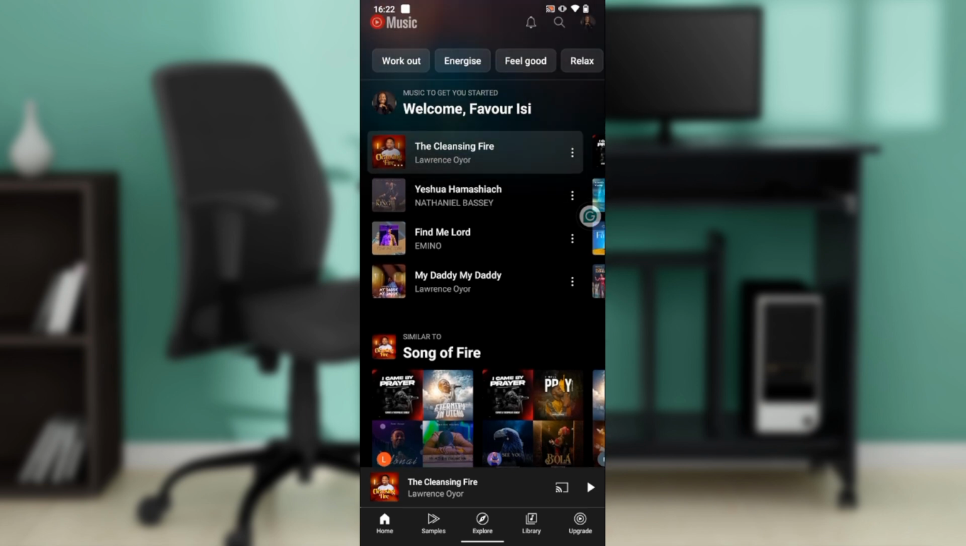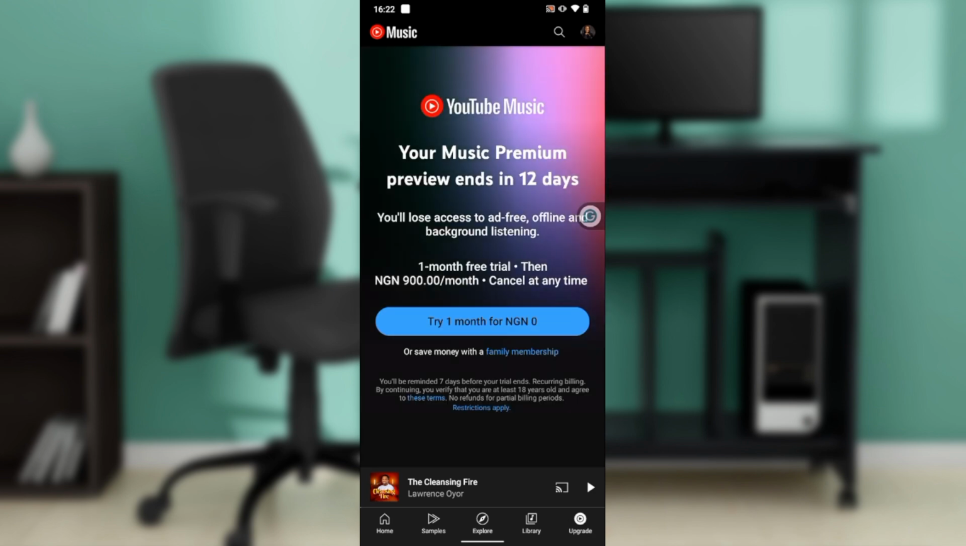Now, from this homepage, you can head over to the bottom of your screen where you have a couple of icons: home, samples, explore, library, and upgrade. Now, go ahead and click on upgrade. Once you click on upgrade, it takes you here. Your music premium preview ends in 12 days or so. So go ahead and click on try 1 month for